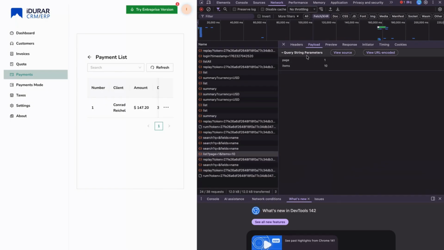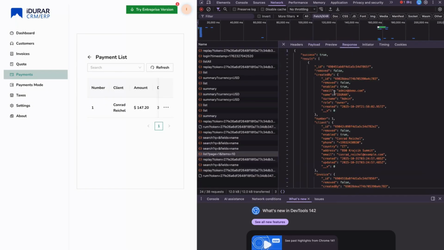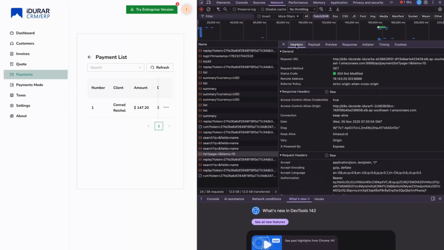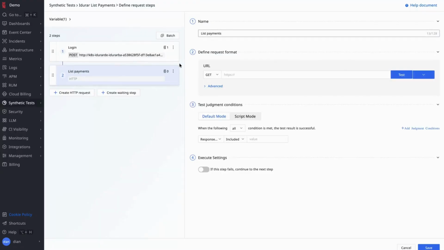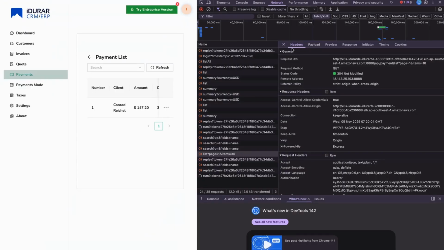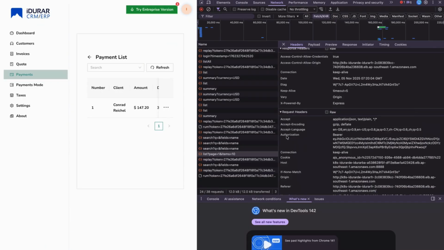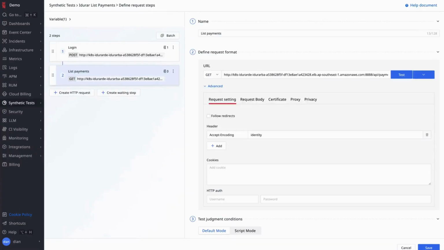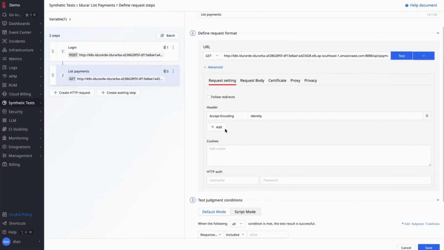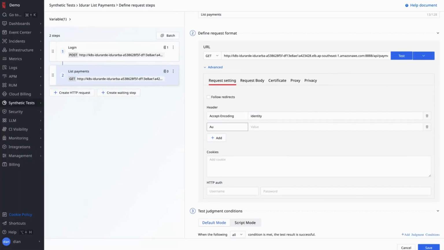There's no payload, there's only query string parameters, and the response is a list of payments. So in this case, we can put in the URL. And as for the token for authorization, you can see that it follows the following format. So what we can do is add an authorization header with the value of